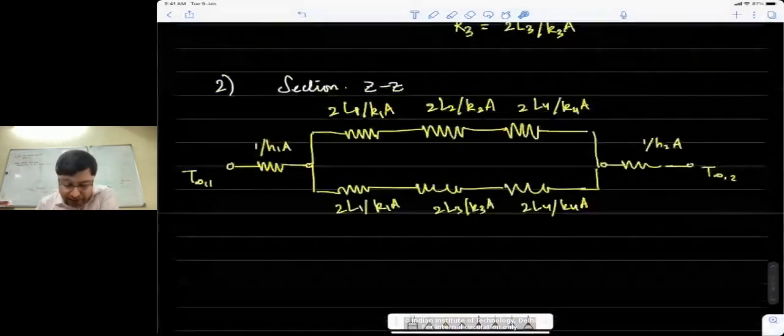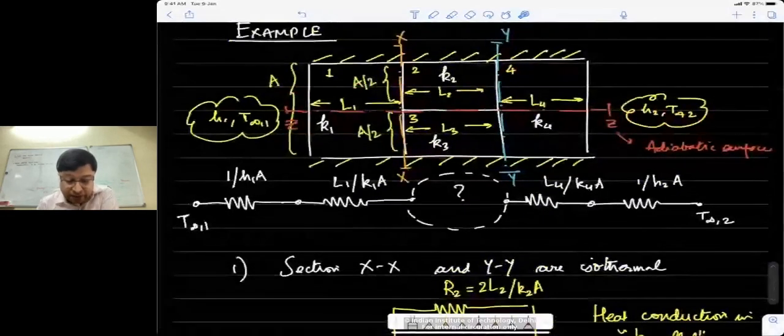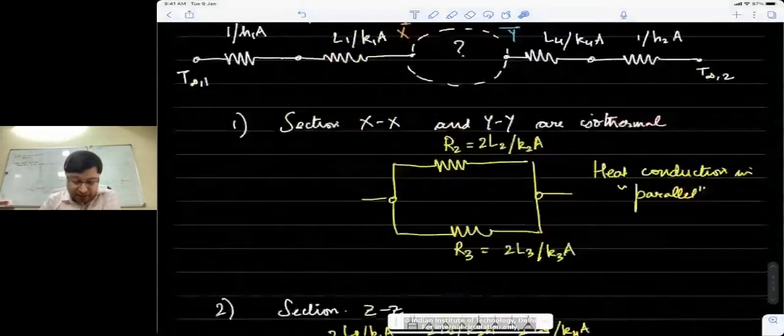The reason I picked up this problem is that in case you see any two-dimensional problem, and it's steady state without any heat generation, the first approach to follow should always be this equivalent circuit method, the electrical circuit analogy. Try and develop an electrical circuit of the problem and see if you can make some assumptions to get some answers. If those assumptions are untenable for some reason, as we'll see later, then it makes sense to solve the two-dimensional problem using differential analysis, which we'll also do in this course. I'll take one example of that as well.